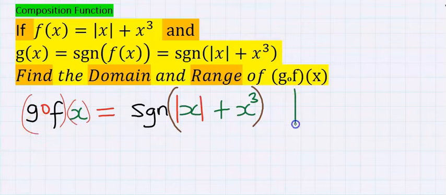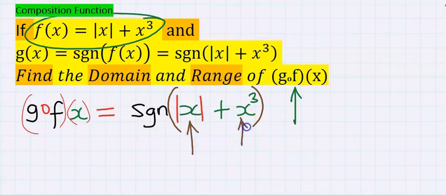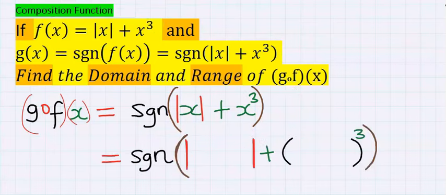Next, I will substitute the value of f of x, which is absolute value of x plus x cubed, into the places of x. Next, instead of this x, it's going to be replaced with the value of f of x,